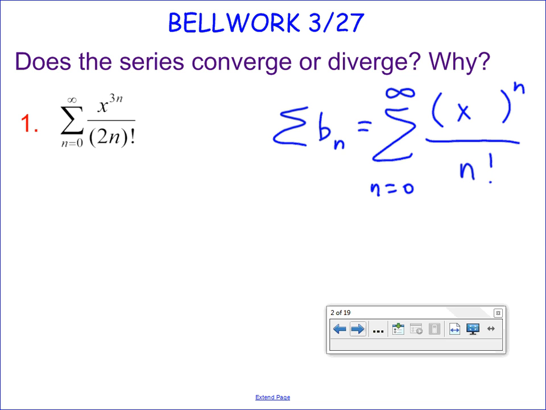Sydney? E to the x. Yeah, this converges to e to the x. In fact, it does so for all real x. And so this number 1 is similar to this. Now, is it the same? No. And yet,